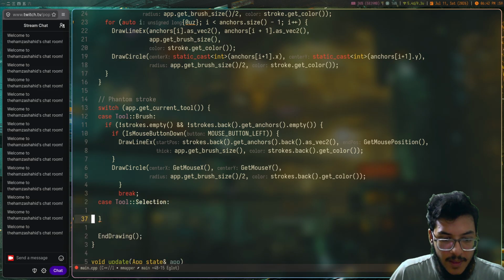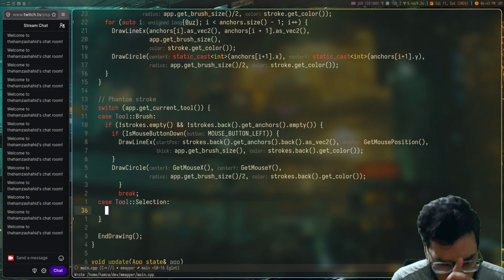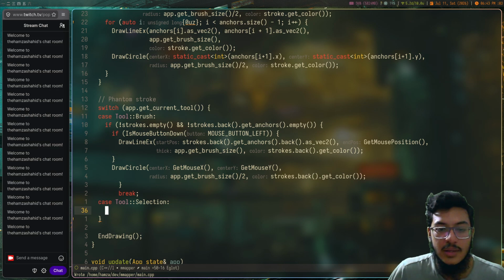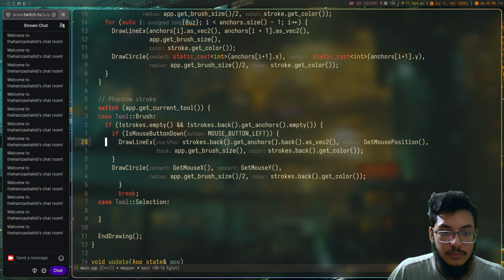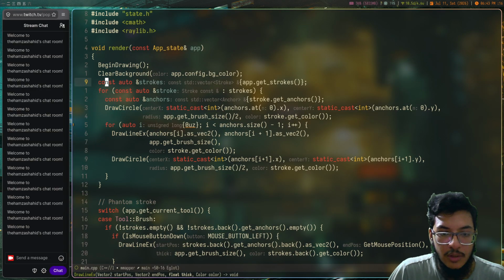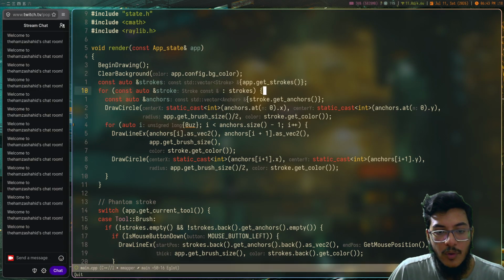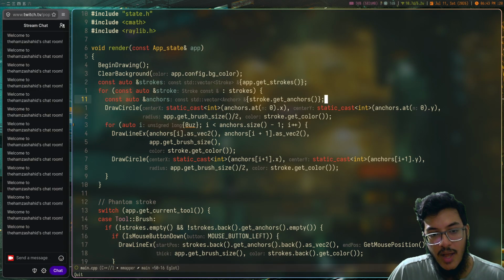And if we are doing a selection, we don't want a phantom dingleberry being drawn, but instead we need to go through our entire selection over here. So when we're going through the strokes and we're actually drawing all the strokes,